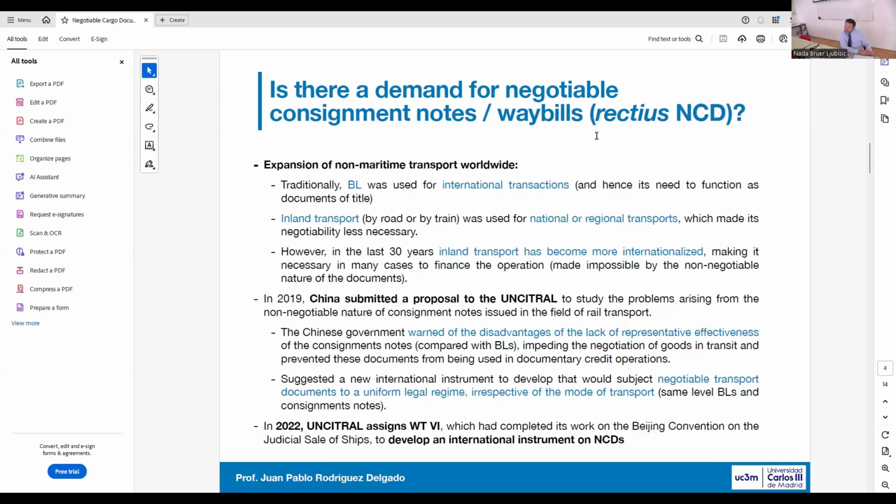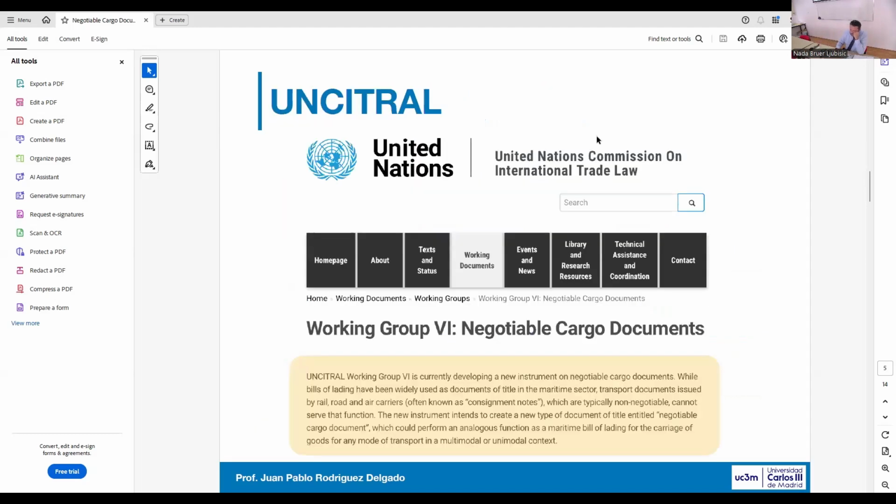And in 2019, China submitted a proposal to the UNCITRAL Secretariat to create a new instrument on a negotiable transport document, to unify the international transport documents in the function of a document of title. So the Secretariat of UNCITRAL created, or mandated,